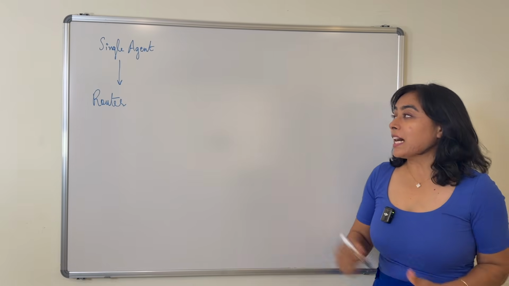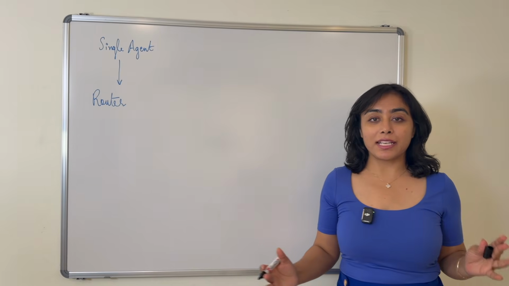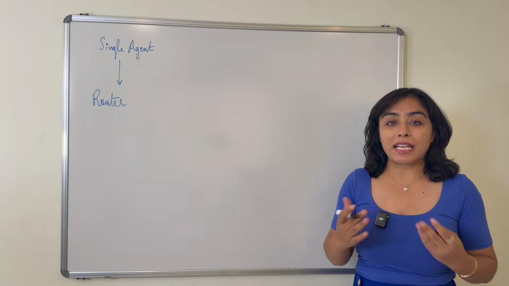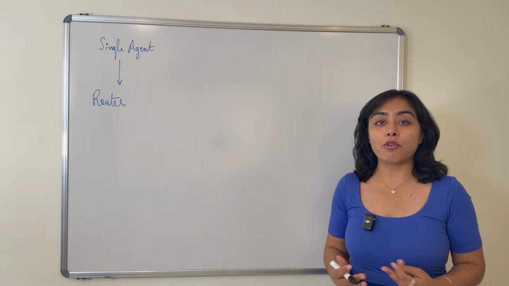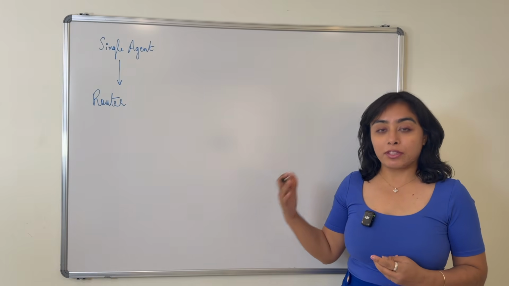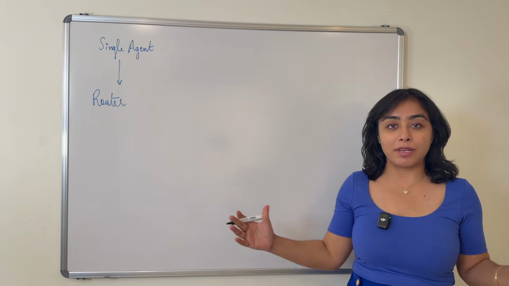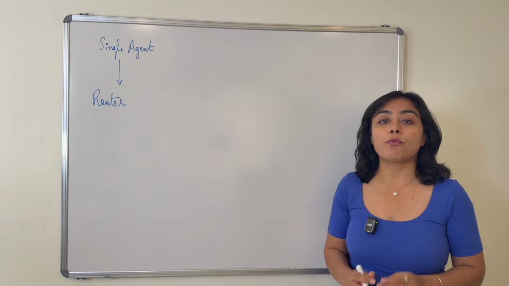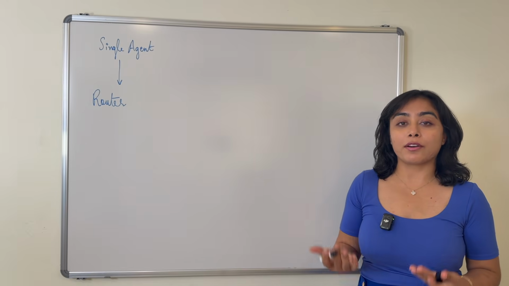Hi. In the last video, we learned that the simplest way to move from a single agent system to a multi-agent system is with the help of a router. When a single agent has too many responsibilities or tasks or roles, it gets overwhelmed, and for that reason, the performance of that agent drops. When we realize that the performance of the agent has dropped due to having too many conflicting or unrelated responsibilities, we try to devise a multi-agent system and we use a router pattern to be able